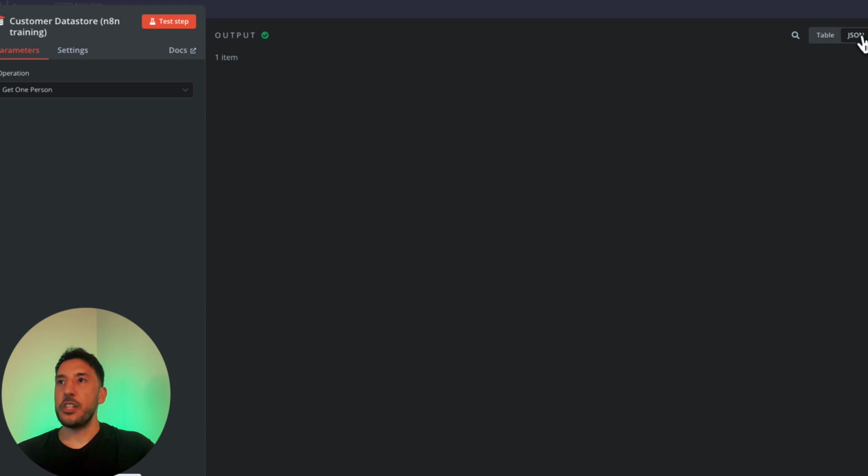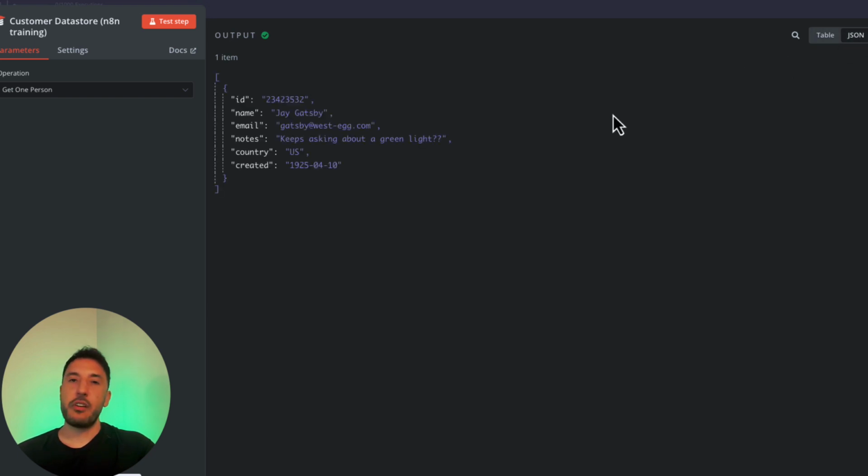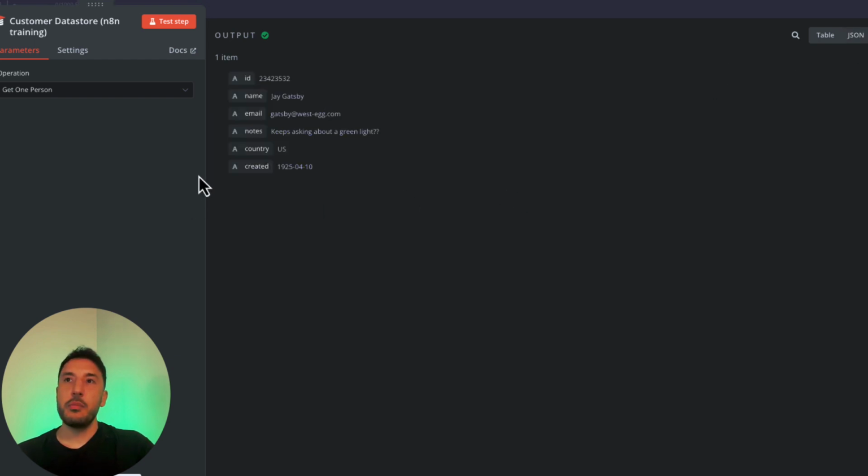There's also the JSON view. So JSON stands for JavaScript Object Notation. That's a JSON data format. You can see it in the JSON view, which shows you in a really neat and cool way if you want to be able to interact with this from a JSON view. And then there's the schema view. So this is where you can see the output in the schema mode.